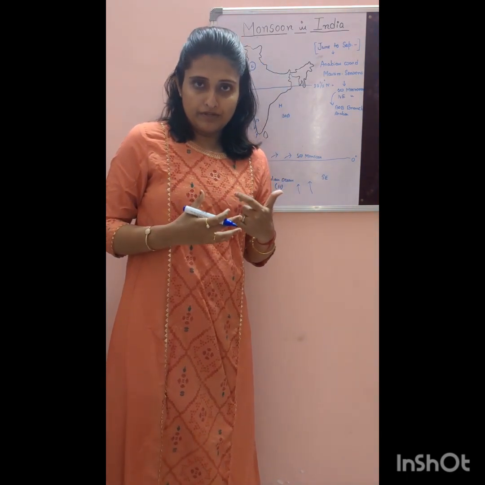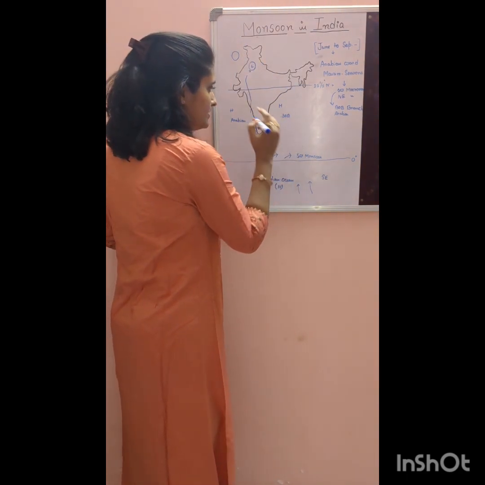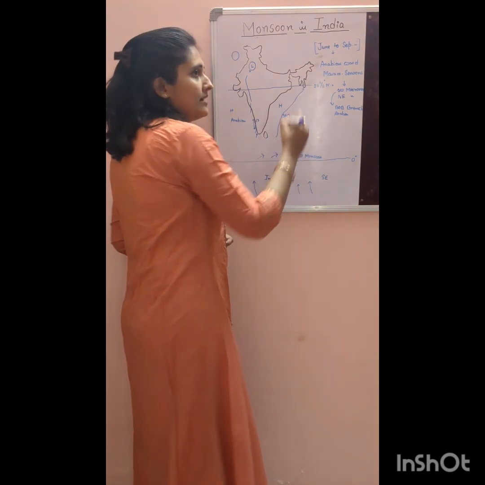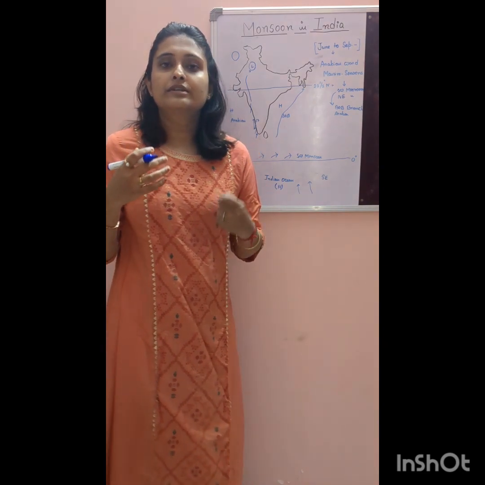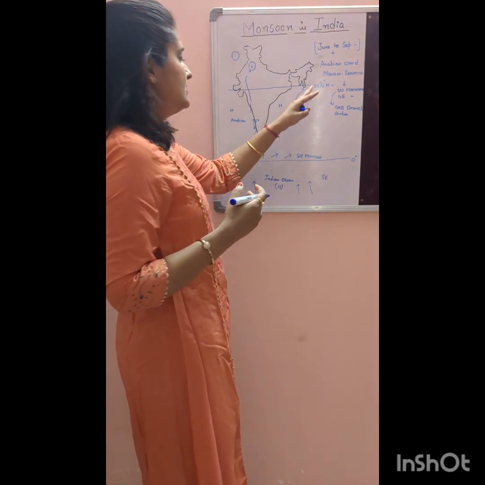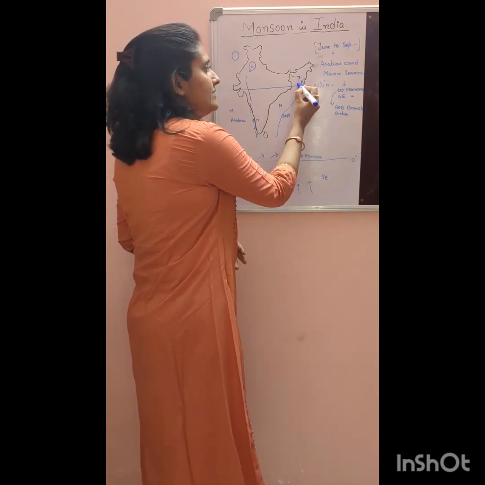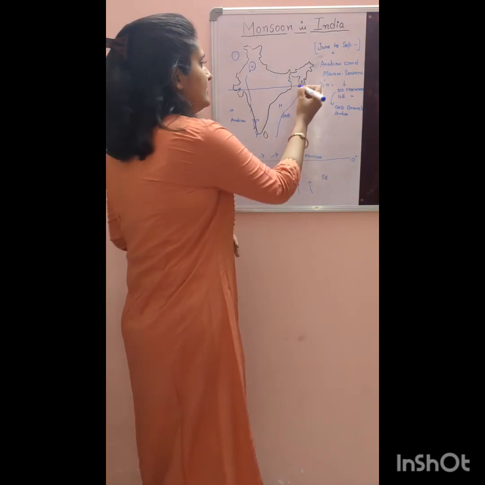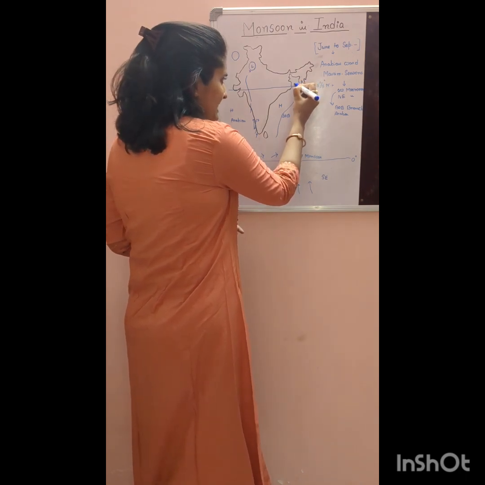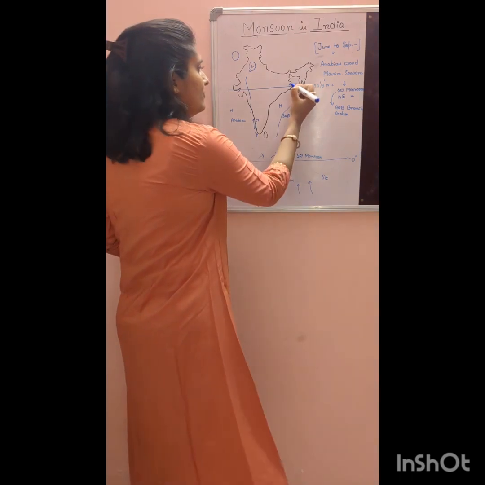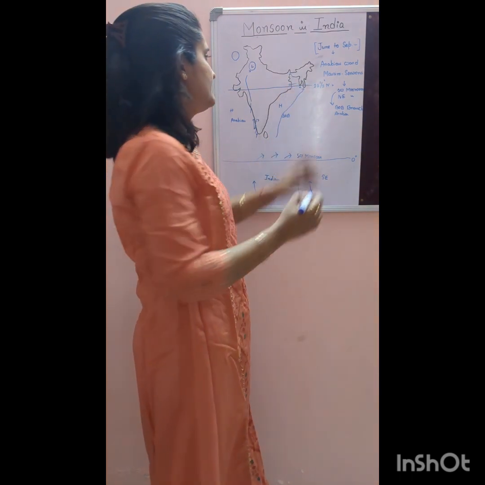In the case of the Bay of Bengal, we are observing that first of all, the Bay of Bengal branch directly hits over the Arakan. Arakan is actually located in Myanmar. After reaching Myanmar, they move towards the west and enter Bangladesh. After entering Bangladesh, they directly enter West Bengal, and after entering West Bengal, they move